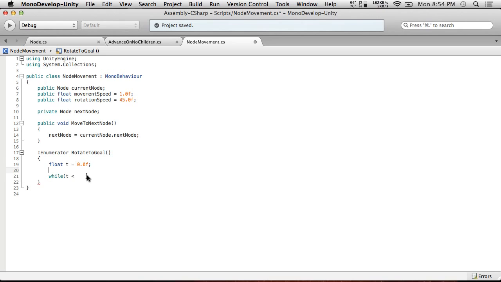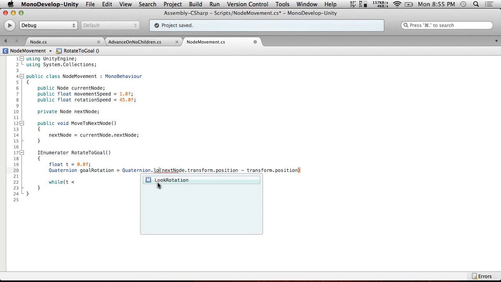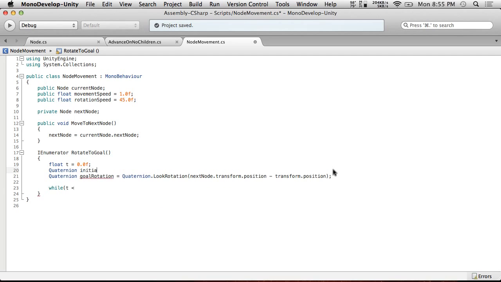So float t equals 0.0f. I don't think we actually need a t here. Well, we do need a t here, but we need to set some things up. So we're going to have a goal rotation. Let's do Quaternion goalRotation equals... we may not need this t, but goalRotation equals next node dot transform dot position minus transform dot position, and we wrap this whole thing up in a Quaternion dot LookRotation. There we go. This will give us our goal quaternion. We're going to do Quaternion initialRotation, just in case we need it, which I think we do, equals transform